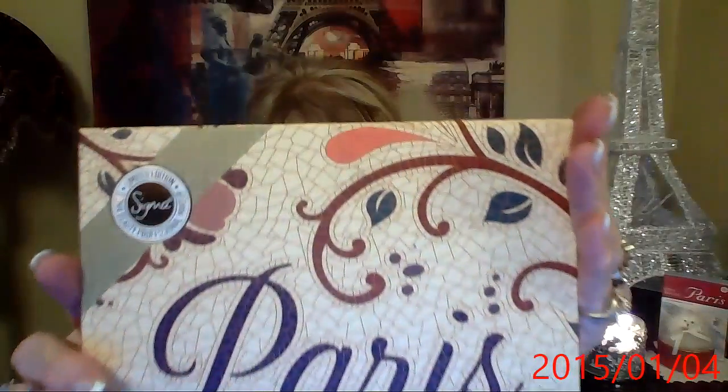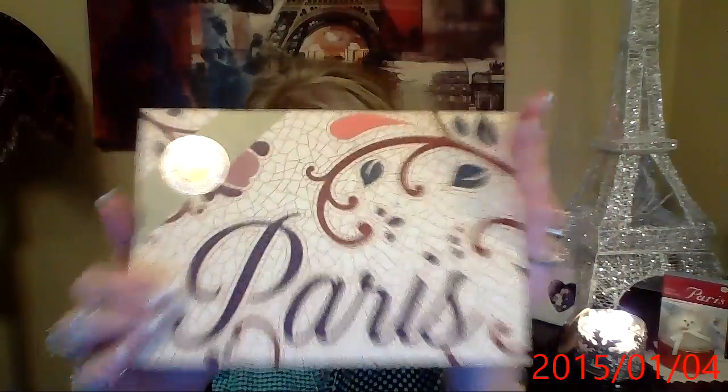And again, if I have to have a favorite of all favorites, it is the Paris makeup palette. And just because it has everything all in one. If I had to do an eye palette, I think the one that I've really gravitated to, because of just the blendability, is the Tom Ford. And so I guess that's it, and I will be doing another favorites